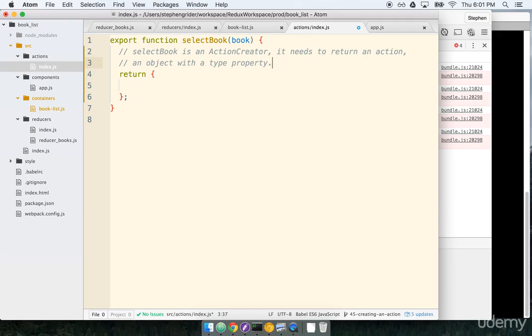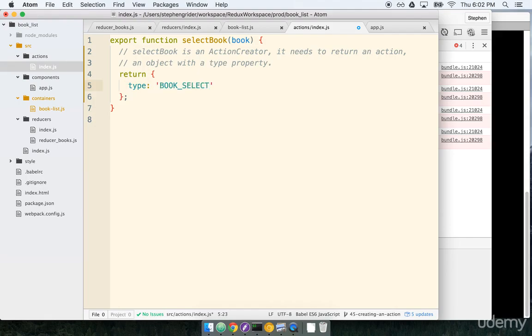Cool. So again, actions usually have two values, a type and a payload. The payload further describes or clarifies the conditions of the action that's being triggered. Every action must have a type that describes the purpose of the action. So let's think about the action here for a second. The action described is a user selecting the book, and that's why we gave it the action type book selected. So let's say type